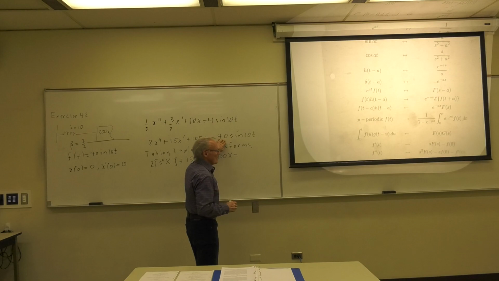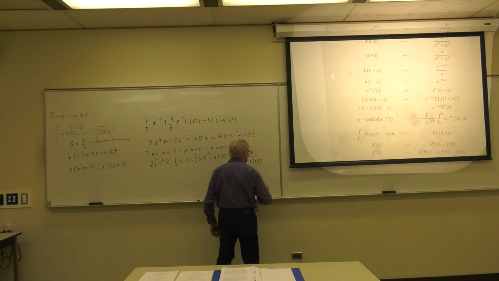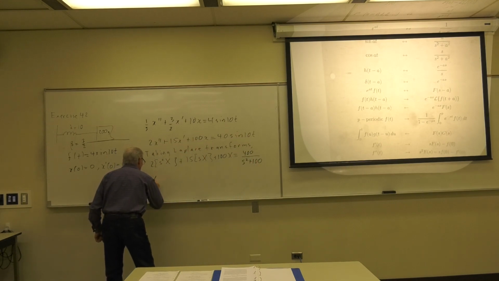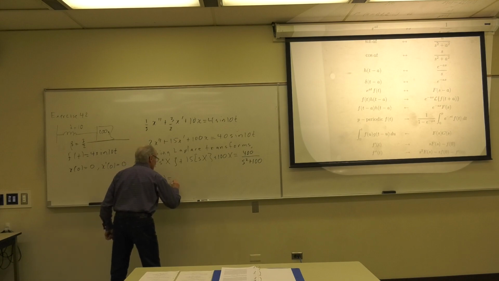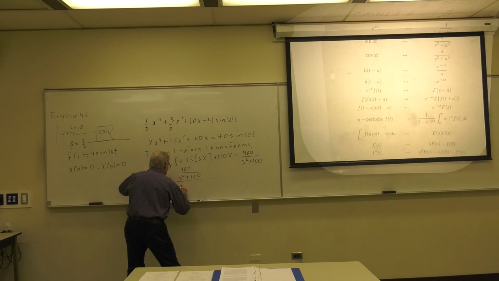For the sine, what are we going to get? 400 over s squared plus 100. Right? So out comes a 10, and s squared plus 100. We solve for big X: it's equal to 400 over s squared plus 100, all over 2s squared,